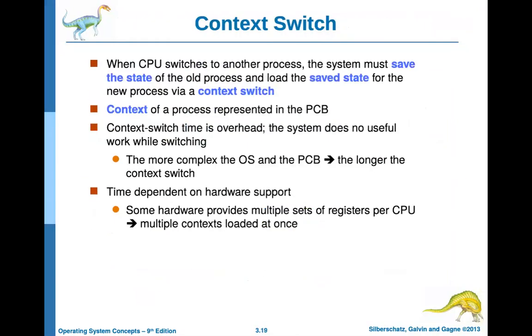Right. Okay. Now the context of a process is represented by the process control block, and we already saw what the contents of the PCB are. All the CPU registers are there, then your program counter is there. So lots of stuff is there. So the context of a process is,